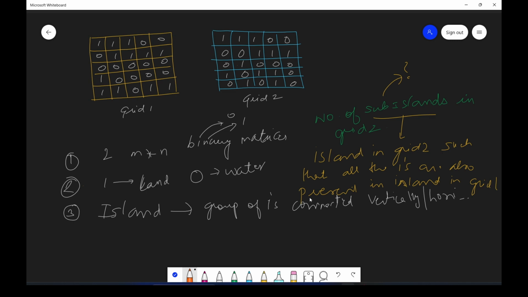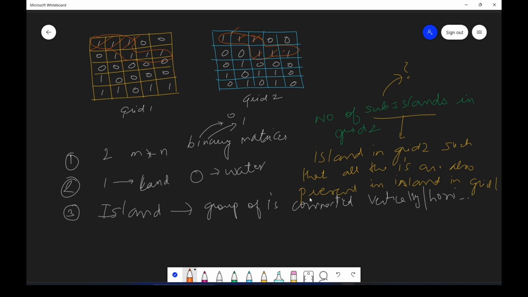Let's say you have this island in grid 2. I hope you agree that this is an island because it's a combination of ones connected vertically and horizontally. Now this island in grid 2 can be a sub-island if all these ones are also a part of an island in grid 1. So this is an island in grid 1 and all these ones are also a part of this island in grid 1. Hence this is a sub-island.